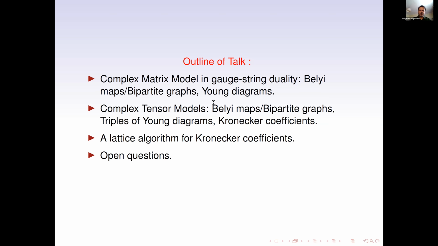And then I'll talk about complex tensor models, where a lot of the ideas that I'll be talking about here generalize to complex tensor models. And again, belyi maps and bipartite graphs show up. And now, instead of just having single Young diagrams, you have observables related to triples of Young diagrams and to Kronecker coefficients, which is some combinatoric data related to triples of